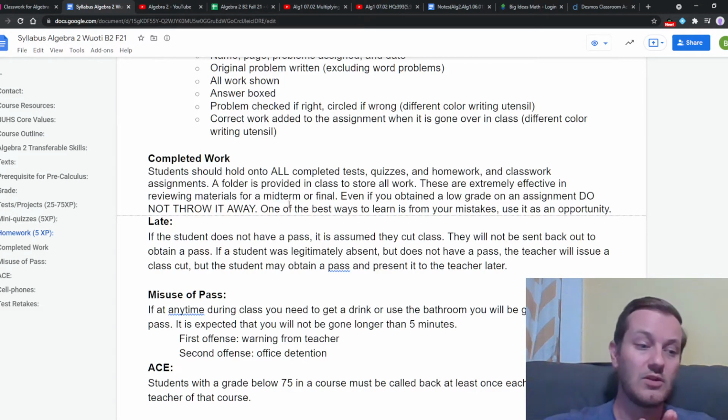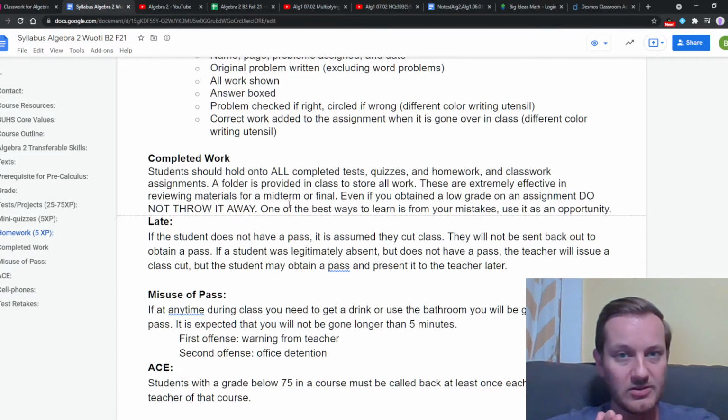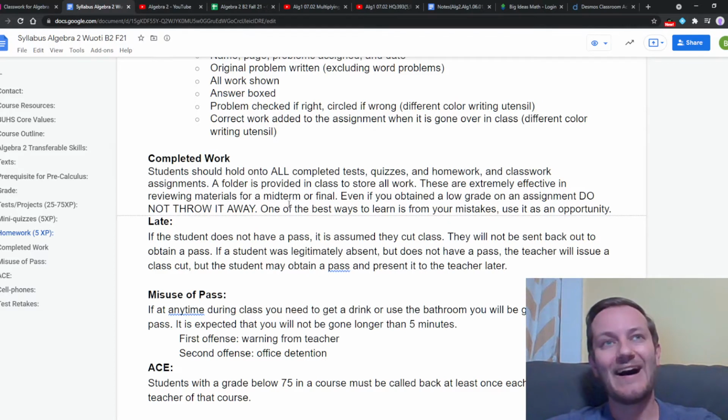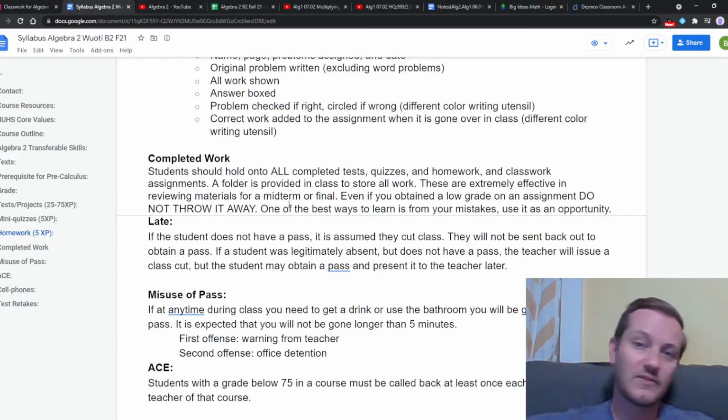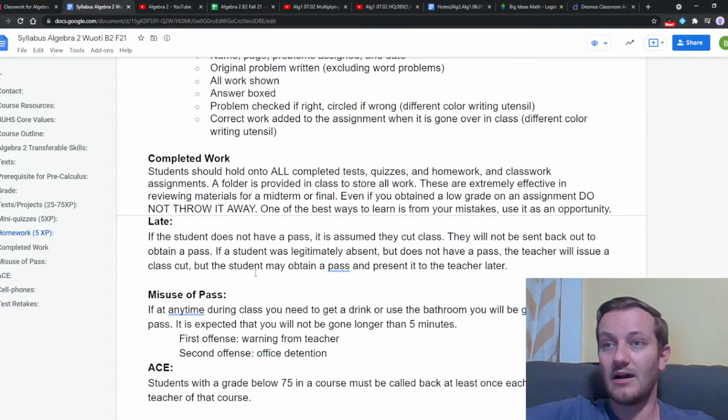And within the notes packets that I have, we don't, by the way, do everything in those, so please don't freak out. But there are additional practice problems in there that, say during an ACE block, if we're hanging out with some other algebra buddies, we could be doing some of those problems as well if you needed additional practice.